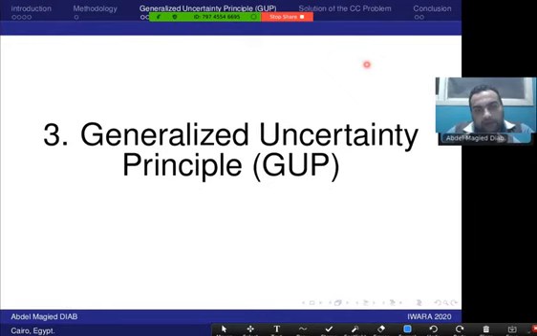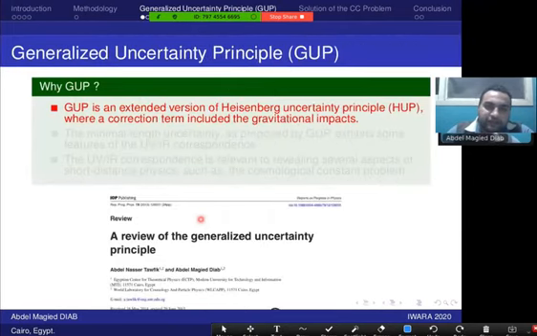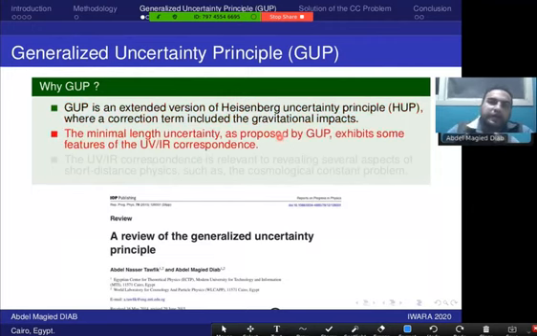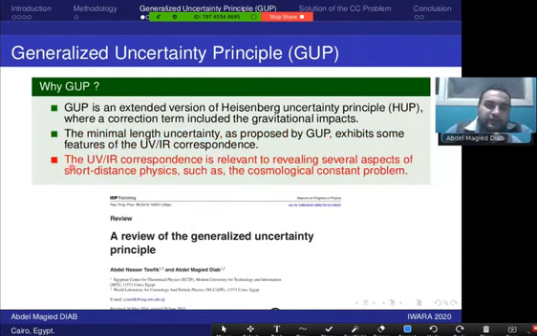The third point of our talk, I will show the model we used in our work, which is named the generalized uncertainty principle, or GUP. GUP is an extended version of the Heisenberg uncertainty principle, which has a correction term including the gravitational impacts. From GUP we can find the minimum length uncertainty, which has some advantage in UV and IR correspondence, where UV and IR correspondence is relevant to some problems of short distance physics,